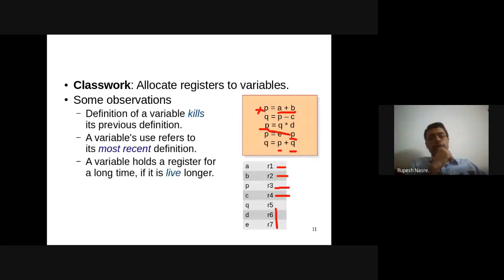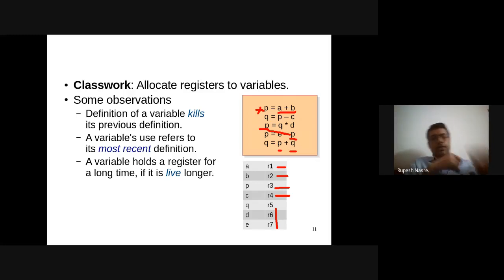And we say that a variable holds a register until it is live. Right? What do we mean by a variable being live? Like we talked about killing, let's talk about being live also. We say that a variable is live if it has a future use.